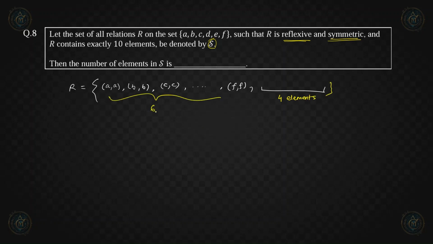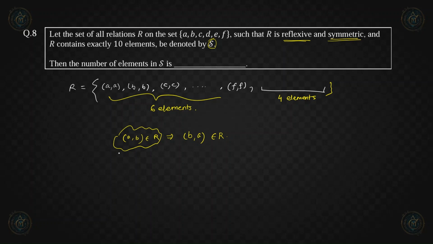The 6 elements are already covered, so all the elements contributing to the reflexive part of the relation are these 6 elements. Now we have to consider the elements which contribute to the symmetric nature of this relation. For a symmetric relation, if (A, B) belongs to R, this implies that (B, A) should also belong to the relation R. Now how many pairs will there be? We have to select a pair among these 6 elements, and their order will not matter.